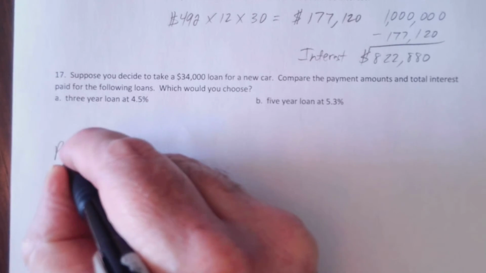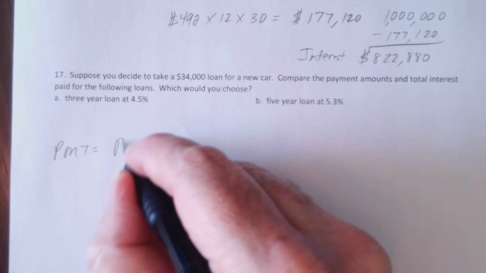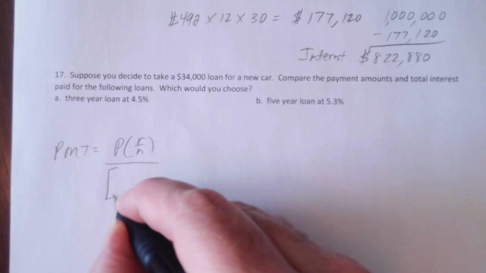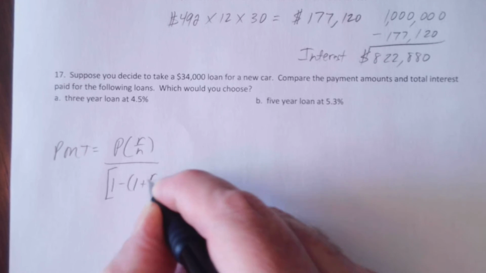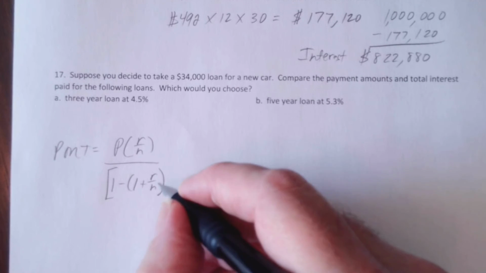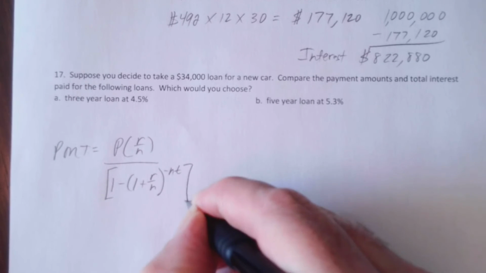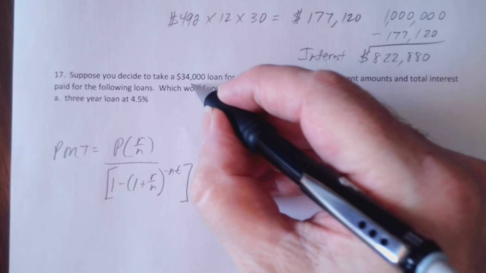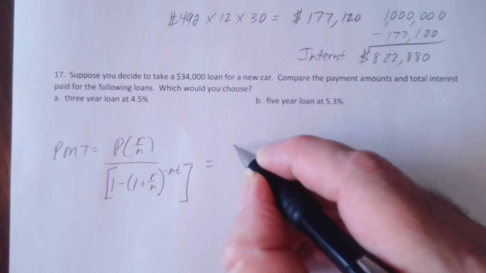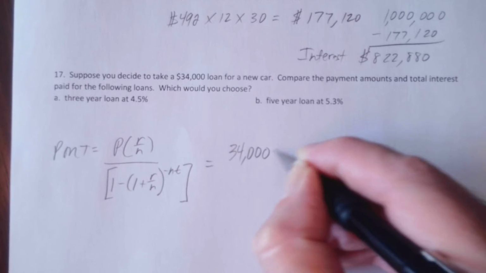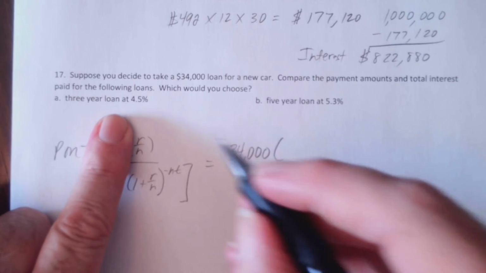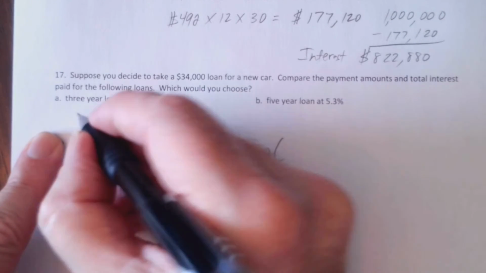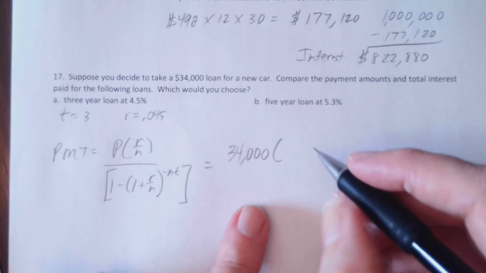So our PMT is P times R over N, over 1 minus 1 plus R over N, to the negative NT power. So P here is the starting amount that we borrowed, $34,000. And we're working on this one here, so we're going to work with a rate of 0.045, written as a decimal. Our time is 3 years. So it'll be